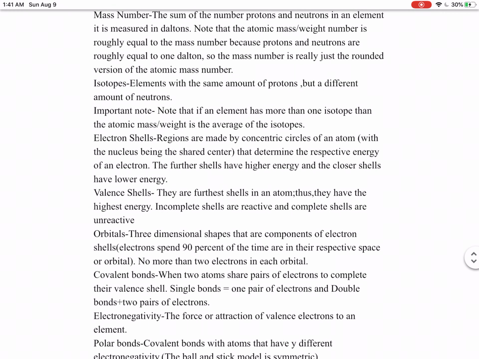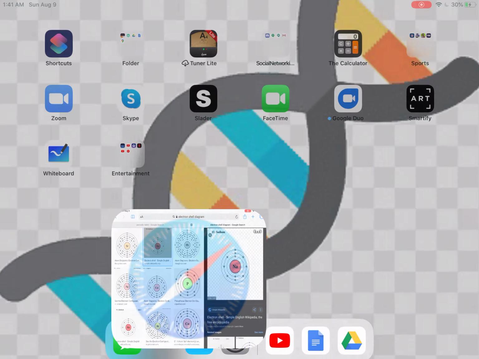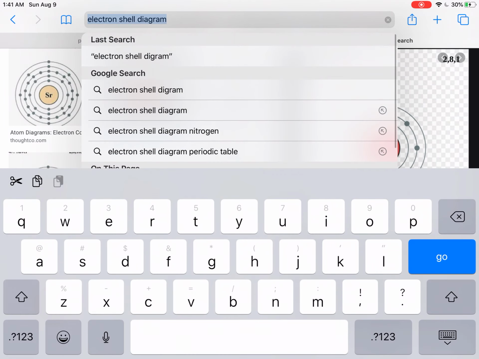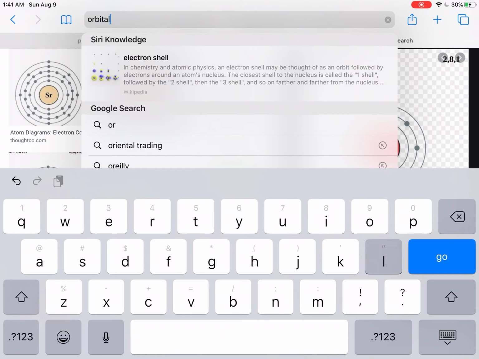Now, orbitals are three-dimensional shapes that are components of electron shells. Electron shells, once again, are just regions made by concentric circles. These orbitals are where an electron spends 90% of its time. Now, there are no more than 2 electrons in each orbital. So, for example, I'll pull up a picture of an orbital. Do not worry about types of orbital because this is just